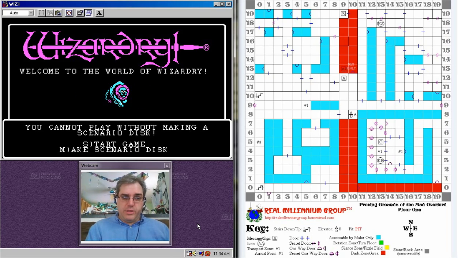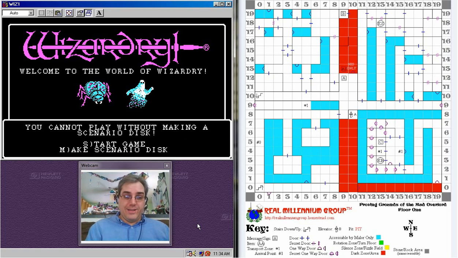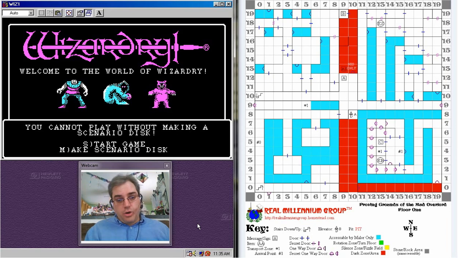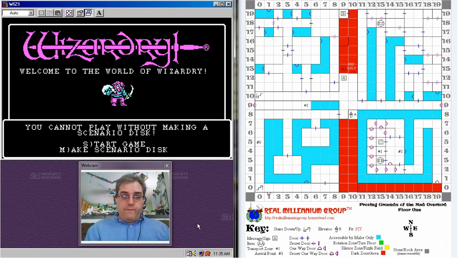And it was a break from the series in that in that game, you actually played as the evil bad guy we're actually going to fight in this game at some point. The point of Proving Grounds of the Mad Overlord is to go through a 10-level dungeon. On level 10, we have this evil wizard who stole something from Lord Trebor. And Lord Trebor hired us to go get it back from Werdna. So in Wizardry 4, we actually get to play as Werdna after he was defeated by us. And we have to escape from his dungeon prison.